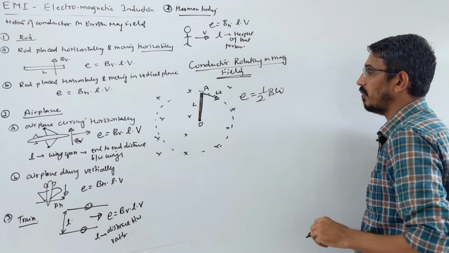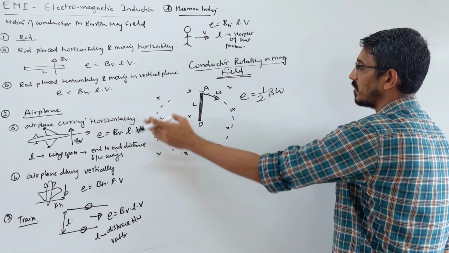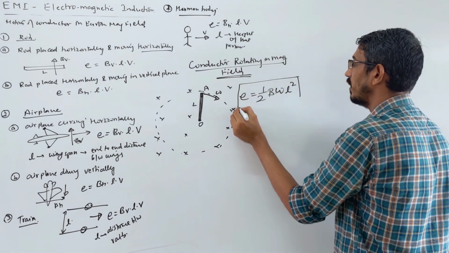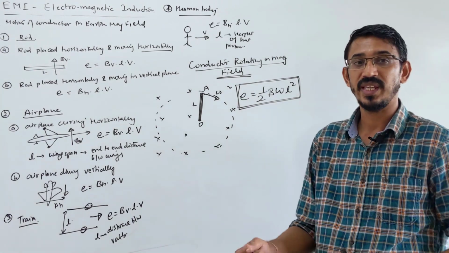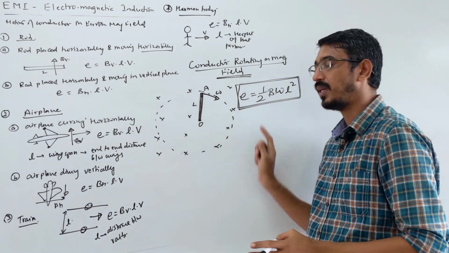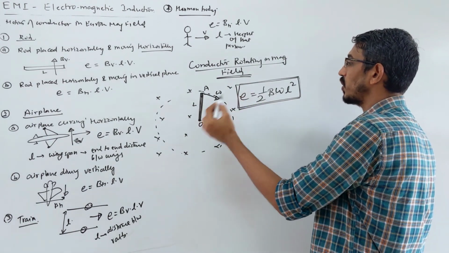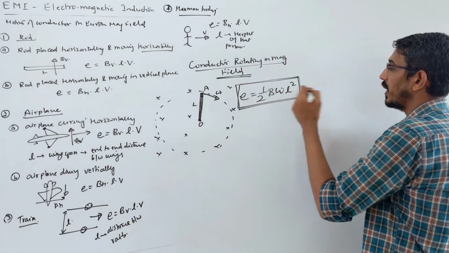Okay, correct only. B omega and the length, like radius, we call properly radius of circle means simply length of that conductor. What do we call it? L square. B omega into what? L square. That's called EMF induced if your conductor is rotating in a magnetic field. This is actually EMF, or you say potential difference between this point and that point. Half B omega L square.